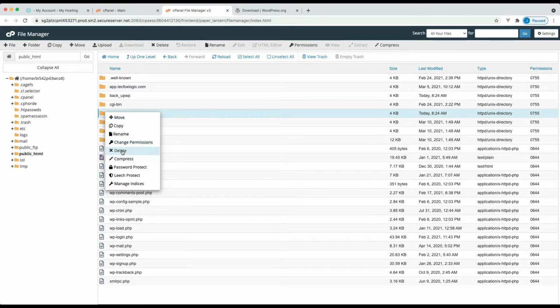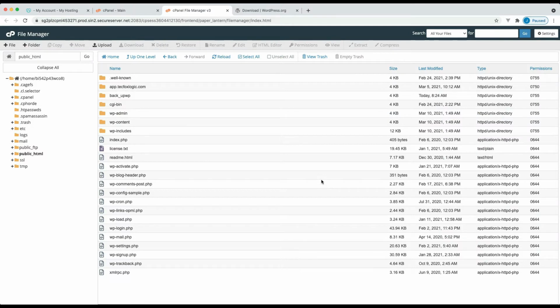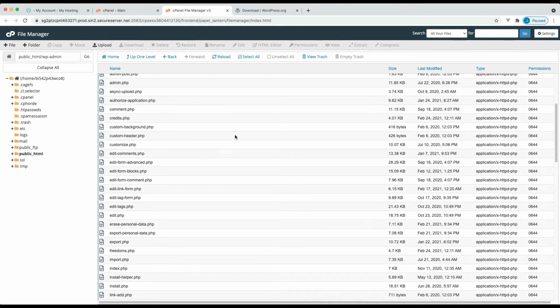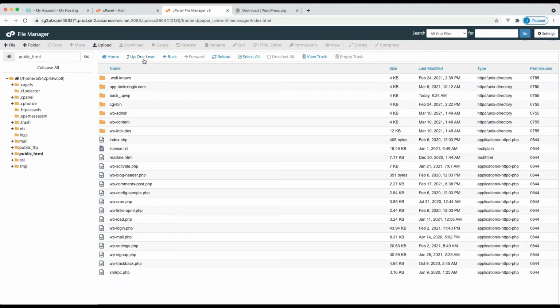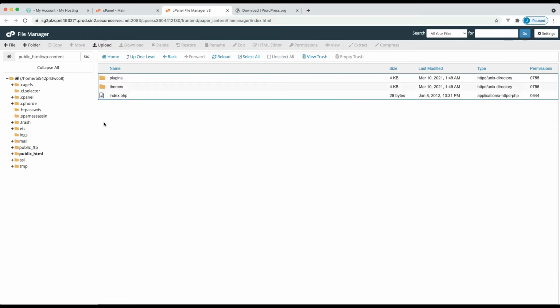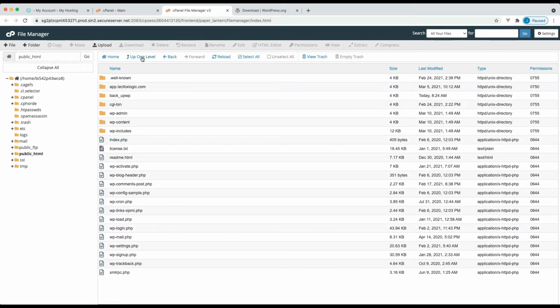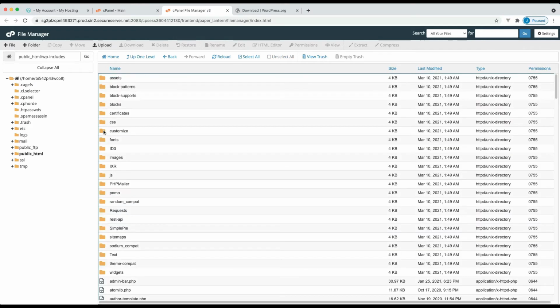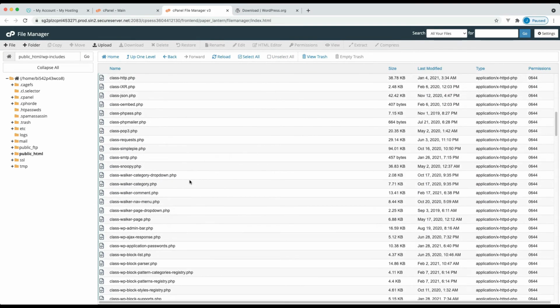Delete the empty WordPress directory. You can see the core files of WordPress. wp-admin: admin files are inside this folder. wp-content: themes and plugins files are here. wp-includes: you can see supporting class files here.